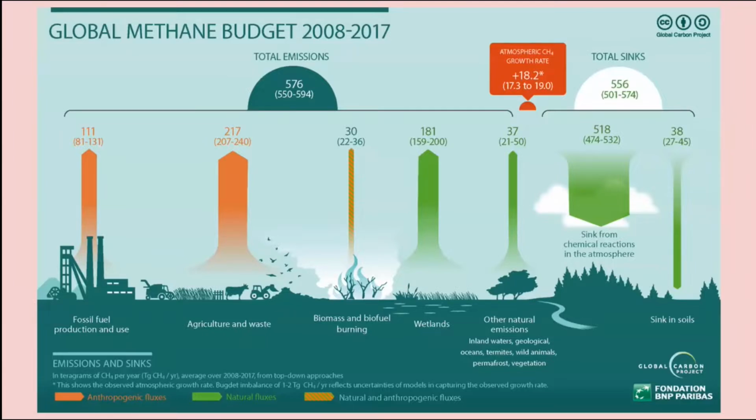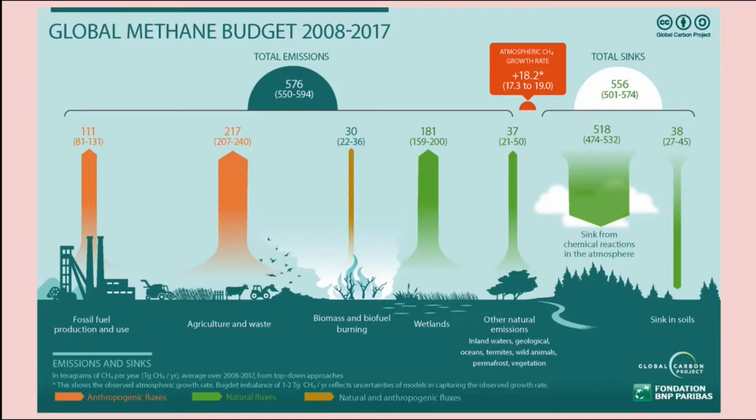A teragram, in other words, is a bunch of grams, and there are 454 grams to a pound. So whenever you see the word tera, that means you have 1 followed by 15 zeros. So obviously that's a lot of methane. You put a 1, follow it by 15 zeros, that number of grams. You're talking millions of tons of methane.